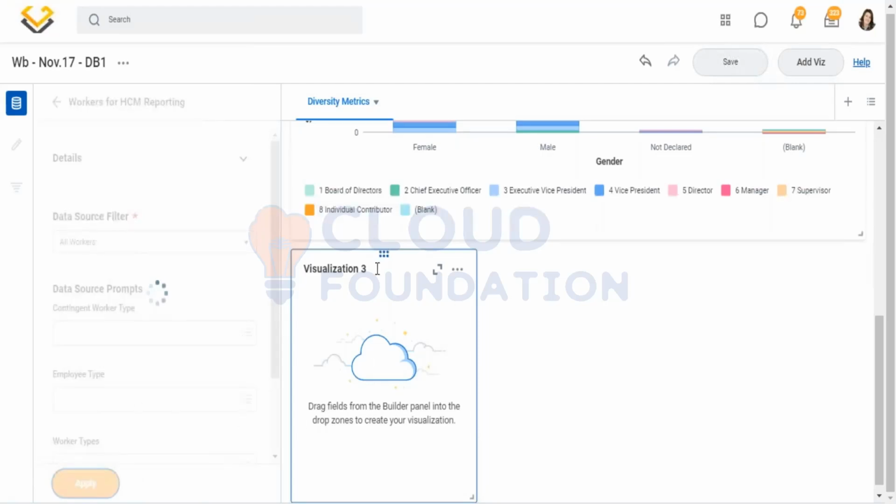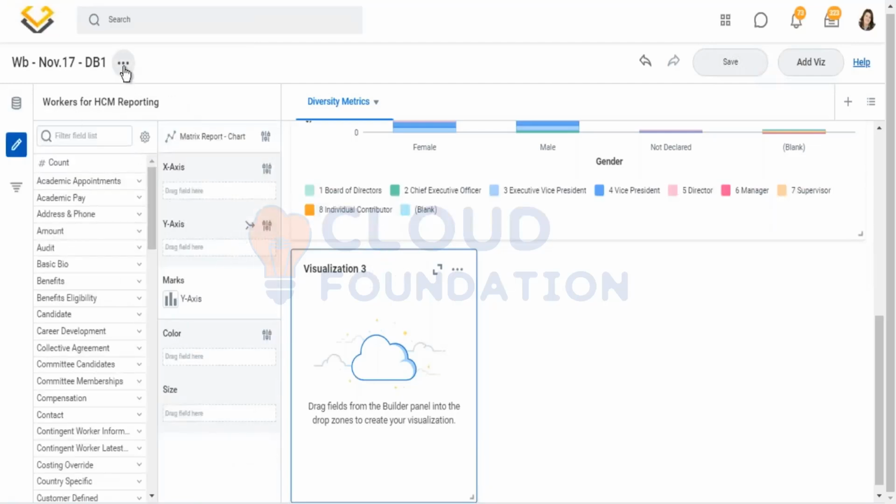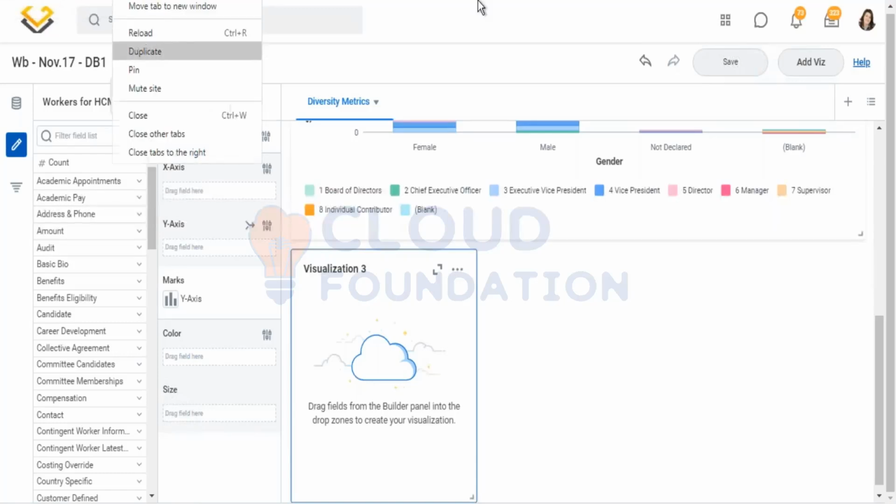Okay, now on this visualization, if you see, there is an option to show only curated fields, right? So right now it is showing me all the fields because nothing is curated, right? So what I can do is I can create a list of curated fields,